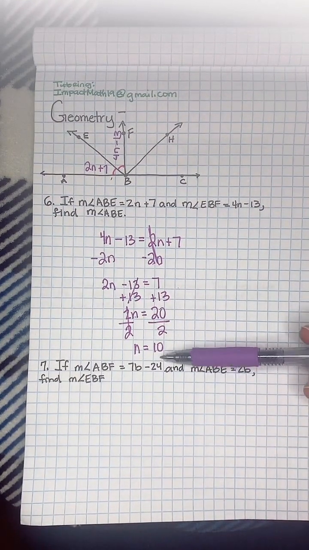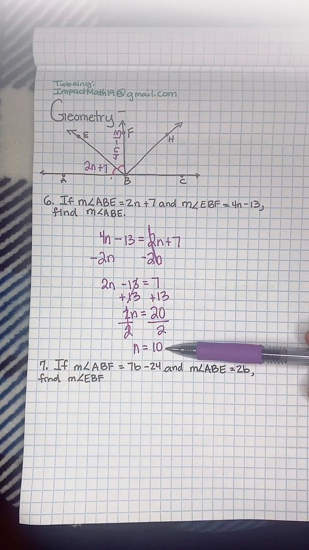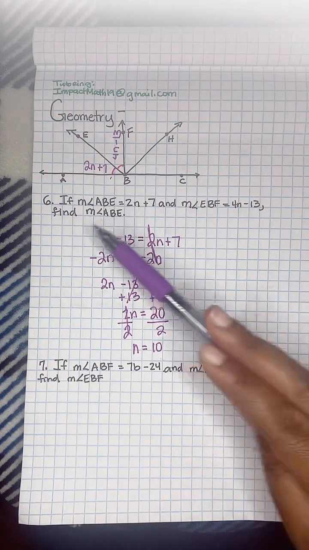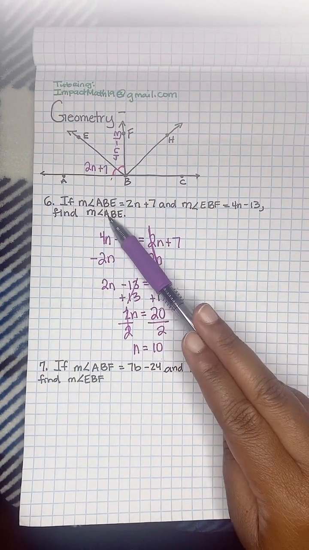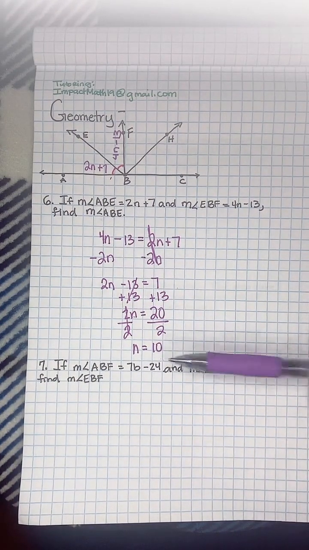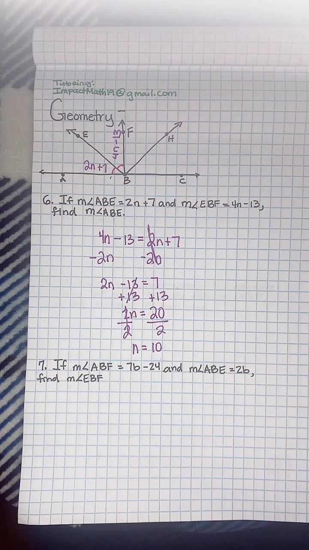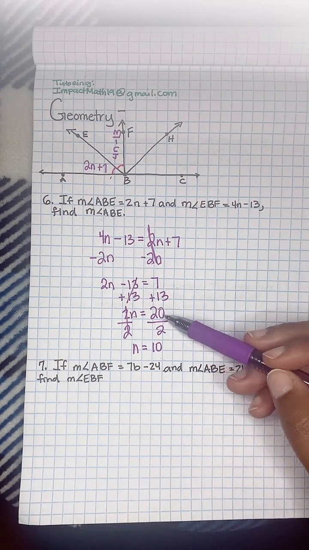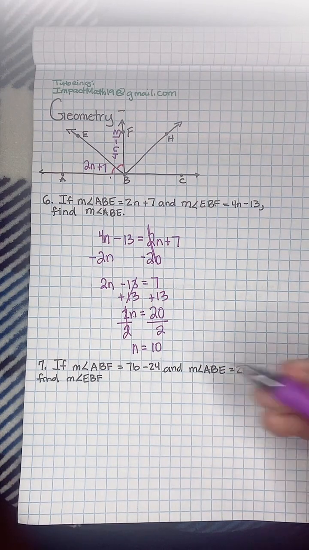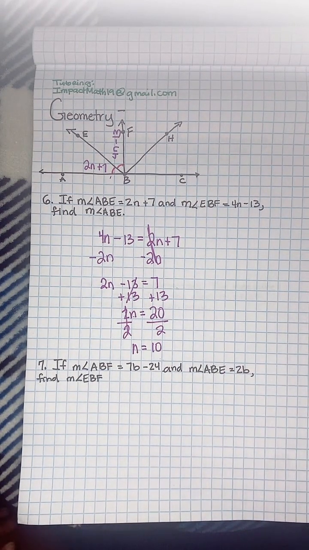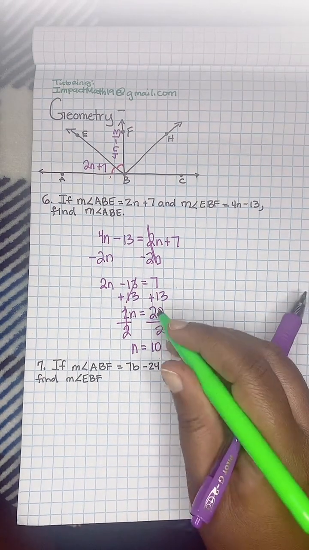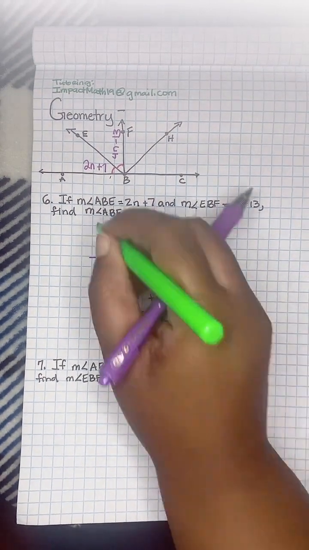Be careful here. Remember, this is not what it's asking us. It's not asking us for the variable. It says find the measure of angle ABE. So what do I have to do with this answer I found? Substitute. Good. Somebody said you can lower it, right? Yeah, just do 20 divided by 2 and you'll get a whole number, 10. And people are saying plug it in. Yes, so we're going to plug this in for